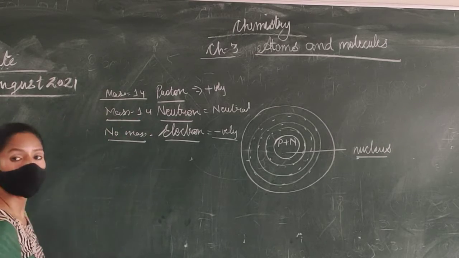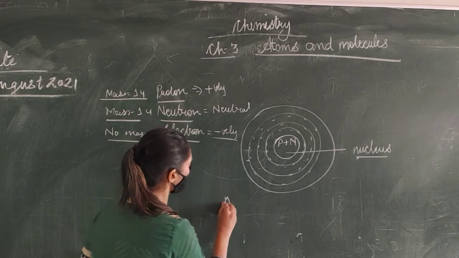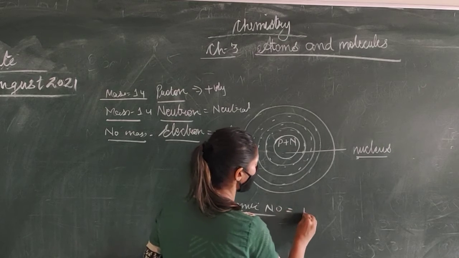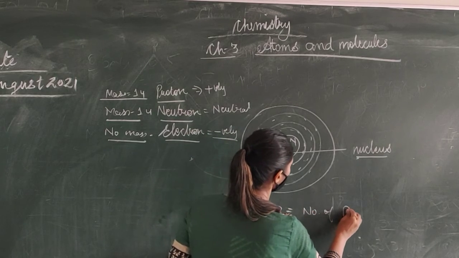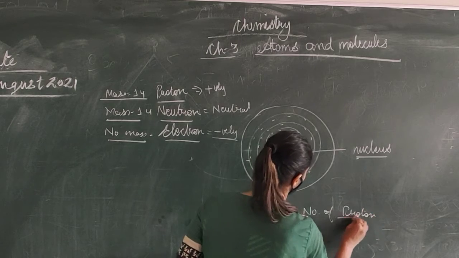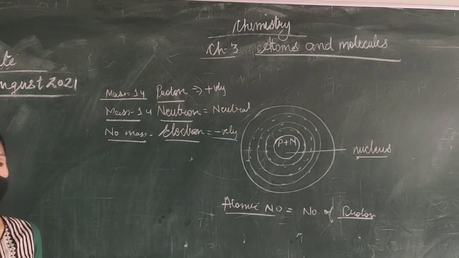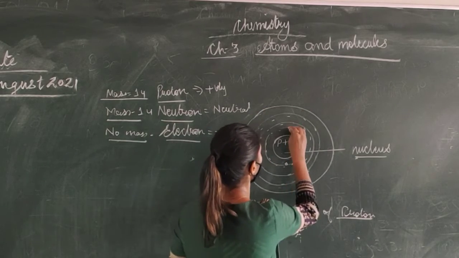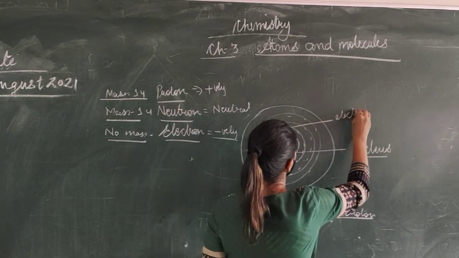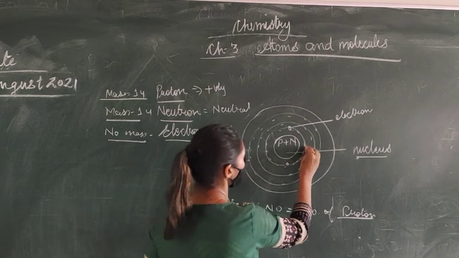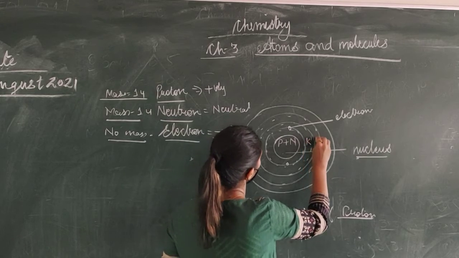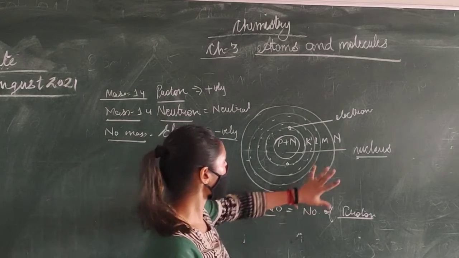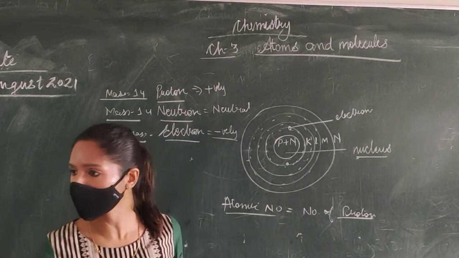Okay. So the atomic number of any atom is just the number of protons. That means this is the structure of the atom, this is proton and neutron, and here outside lie the electrons. And these are the energy shells: K shell, L shell, M and N shell. So now this is an idea of the structure of an atom.